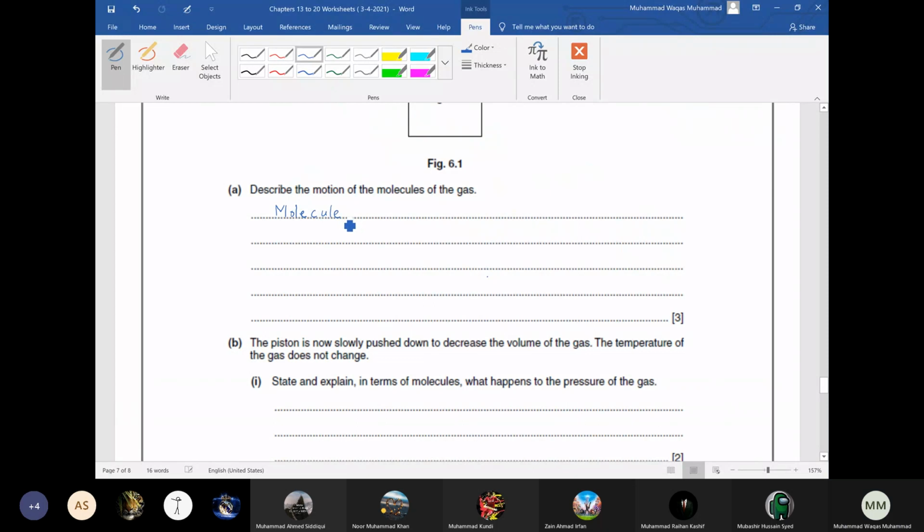Molecules of the gas move randomly at high speeds in all directions and they continuously